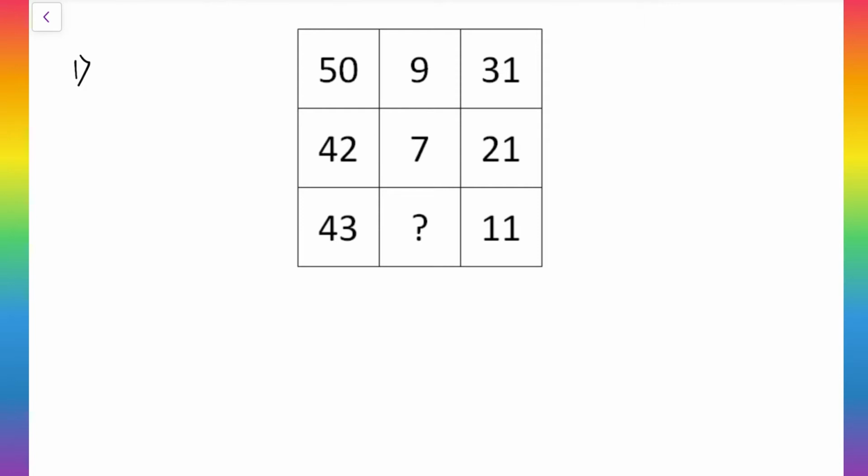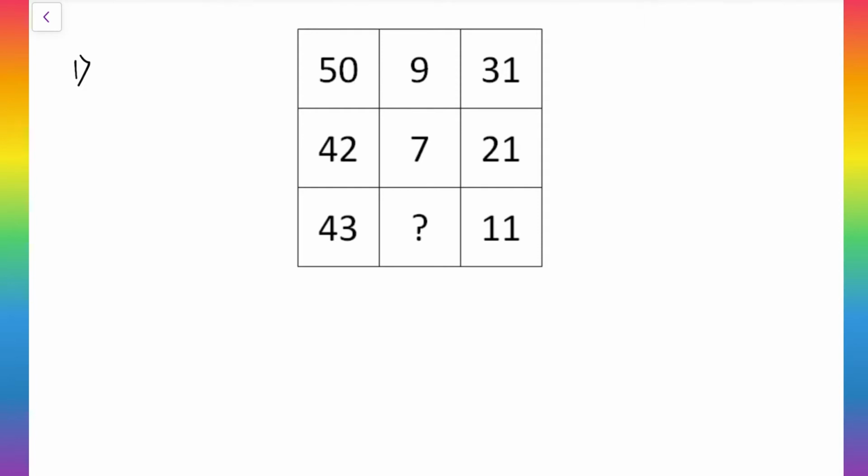Okay, now to find the missing numbers, there are some logics we will follow. The first logic is that we will add the columns and rows, and check whether that logic is applicable or not. Next, subtraction, multiplication, division, square numbers, cube numbers, squares minus 1, cubes minus 1, like this we will check one logic at a time. If we get any idea immediately from the question, that is better. But if we don't, we need to apply the logics one by one.